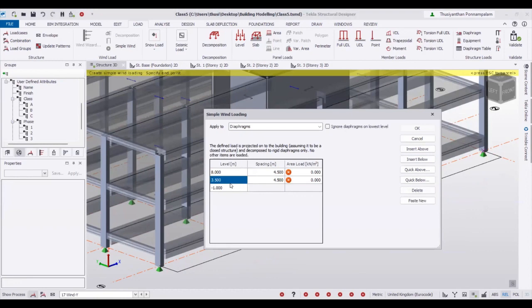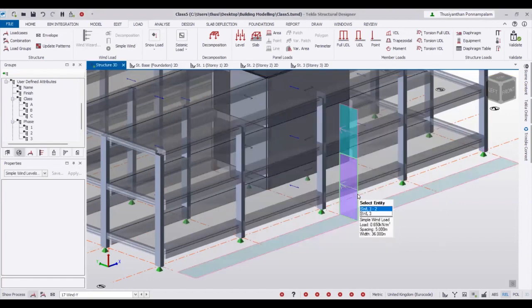8 meter, 4 meter, 0.65, 0.65. So you can apply here like this also. Or another way, if you want to avoid the foundation, what you can do is